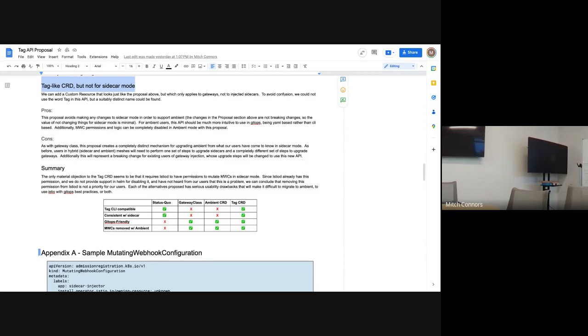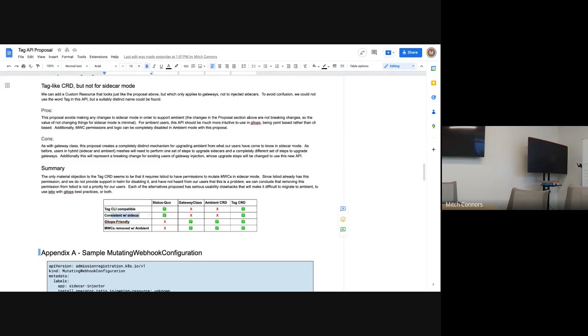I would like it to be compatible with how the tag CLI works today, so that users can take advantage of their existing automation. If they've built on top of that, they're not having to learn anything new. All of these are things that I would like to see. I don't know that they are necessarily requirements. We could go without them. So that's the CLI, particularly the Istio control command.